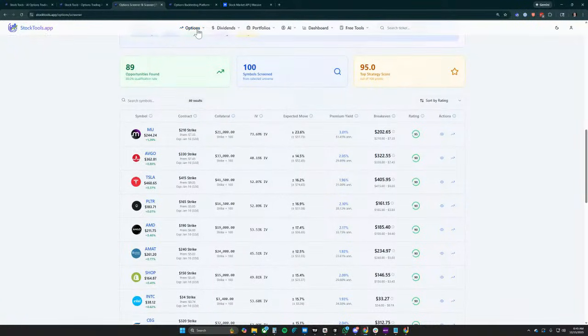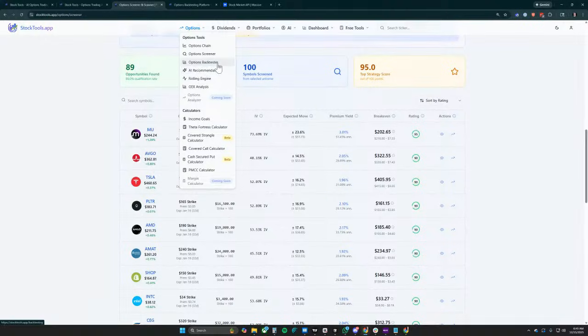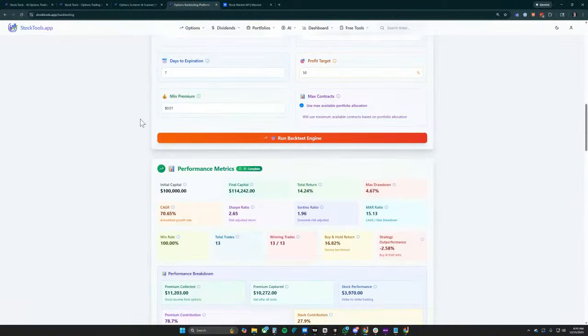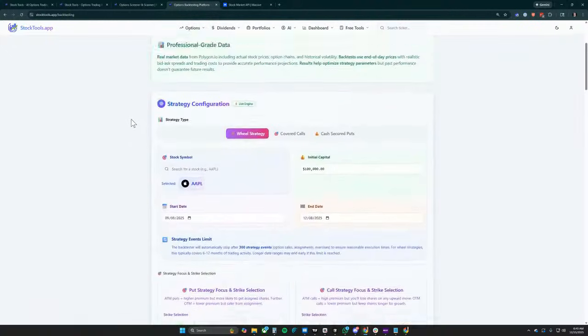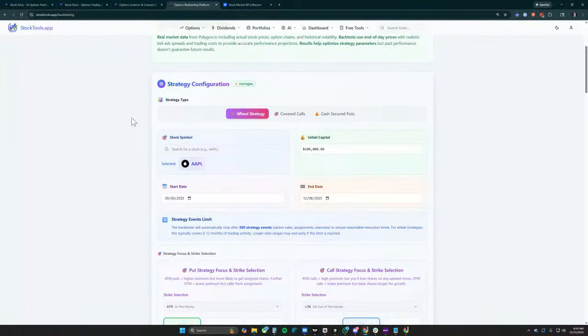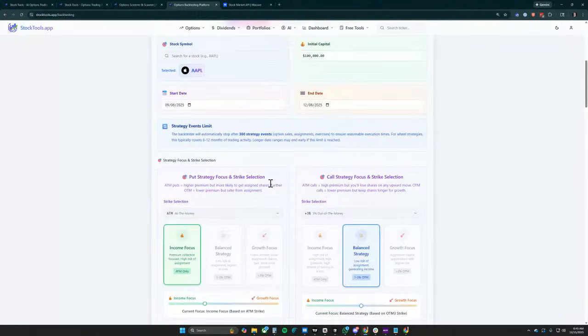So the option screener is super powerful. What I just kicked off over here was the options backtester. Not to toot my own horn, but I'm pretty sure I have the world's first wheel strategy backtester that I've created. So the idea is, you can backtest covered calls, covered puts, or cash secured puts. We can go back to certain dates, and you can pick any ticker you want in here as well.